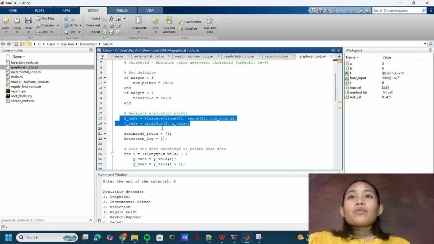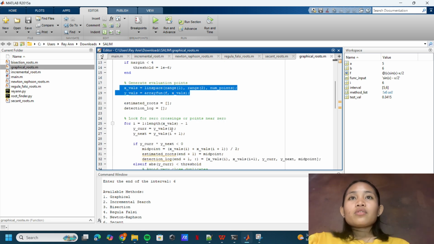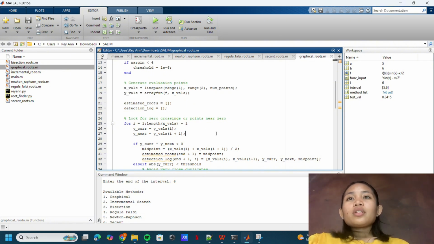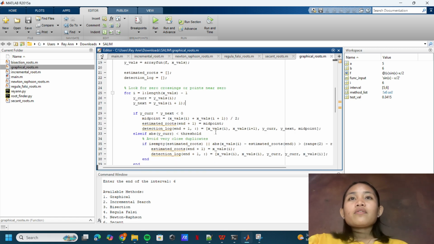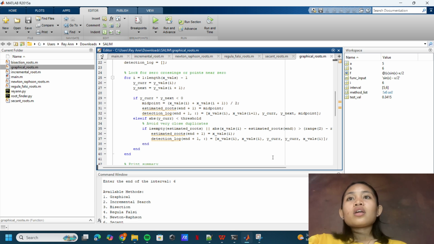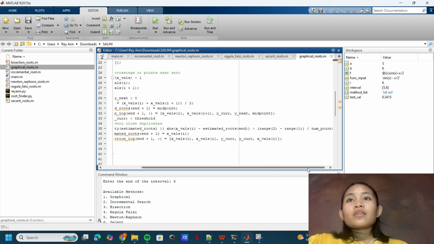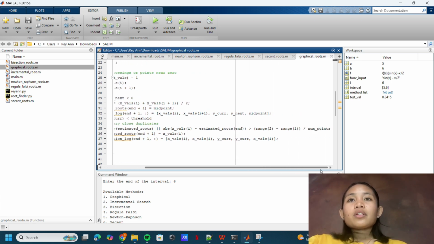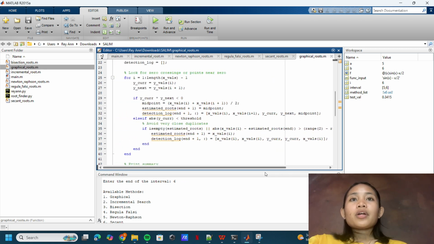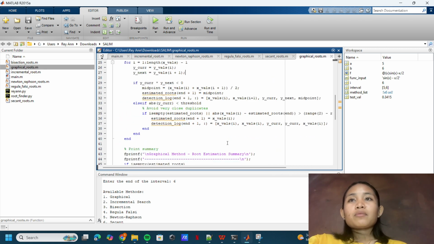We then loop through adjacent y values to look for 2 cases indicating roots: sign changes and near 0 points. For near 0 points, the function avoids counting very close duplicate roots by checking the distance to the last detected root, ensuring estimated roots are spaced sufficiently apart relative to the point density.